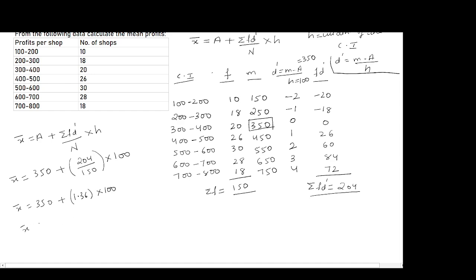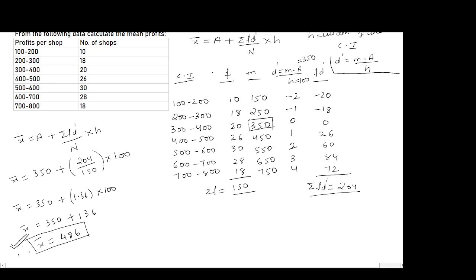So x bar is equal to 350 plus 1.36 into 100 is 136. Therefore, x bar is equal to 350 plus 136 is 486. So this is the mean value